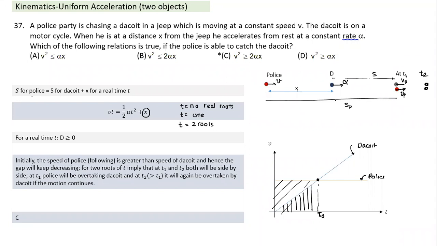Are you understanding? What does one root indicate? It catches up just at this point, when both velocities are equal, and it will just catch up. Both velocities are equal; this one is constant, this one is still increasing. If it doesn't catch up, it will go further up. And what will that distance be, what is the condition for one root? You can calculate the value of X: it will match the area under the red curve minus the area under the blue curve. That's a part of your understanding.